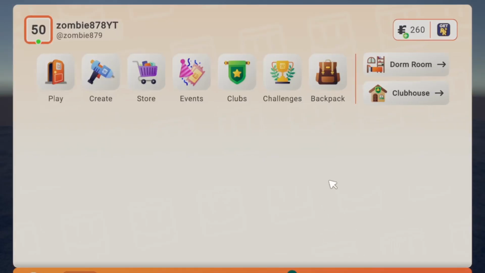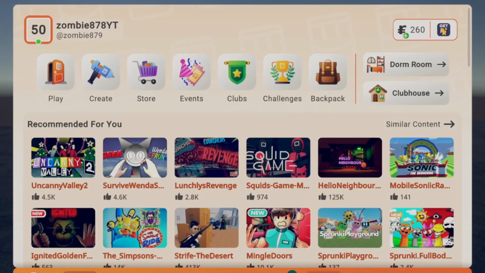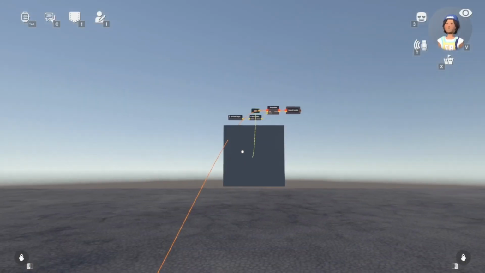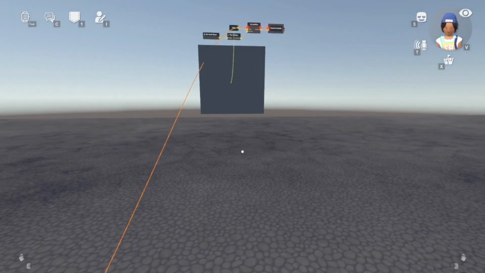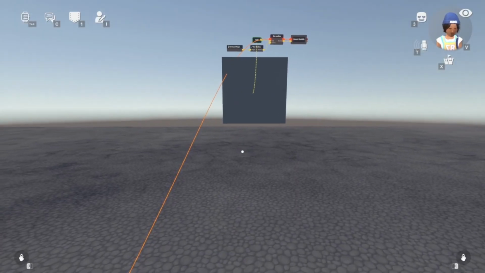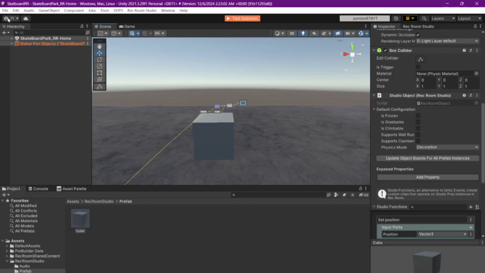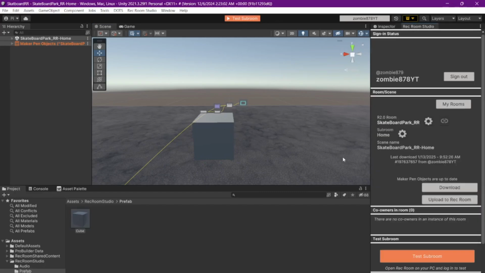send this to Studio. So open up this room and click Send to Studio. If you don't do that, you're gonna lose all the work that you've done here, and you don't want that to happen. Also, if you're making a project in Rec Room Studio, obviously make sure to save it, and make sure to go and build a room. Make a build of it on rec.net. Okay, now that I'm done with that,